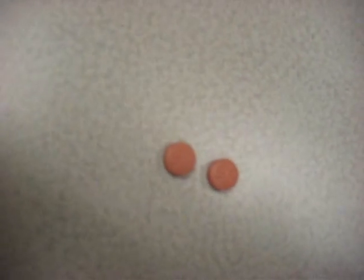This is the Xifaxan, also known as Rifaximin antibiotic. It has traditionally been known for travelers' diarrhea caused by E. coli. Now, there is information showing that it is also good for SIBO, which is small intestinal bacterial overgrowth,